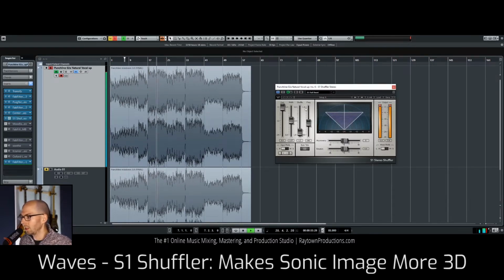Okay, so with this, again, subtlety is everything. I barely push these things up at all because I'm terrified of what it does to the low end. Check this out. So we're just going to bring it up so we can go crazy with it. So that's really wide and the low end gets all screwed up, right? Okay, we do not want that. So this is better. So this is where the original was. And I feel like it's already starting to sound weird if we get this far, so I'm very subtle,